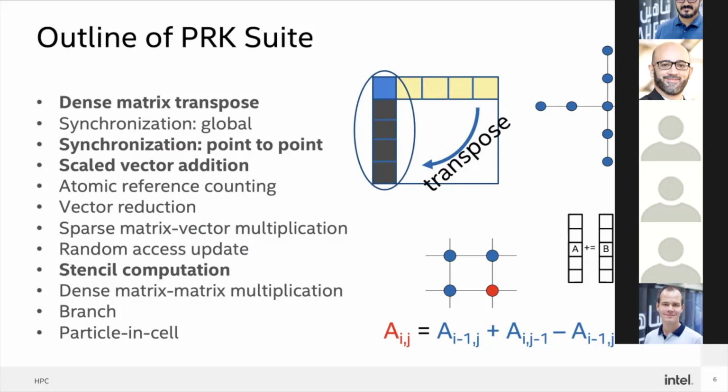The next one that's interesting to me is transpose. Matrix transpose is kind of what you get if you do a 3D FFT, or if you do a tensor contraction, or if you, in the limit of a bucket sort where your statistical distribution is homogeneous in some respect, you can end up with something like this. So it's good at generating an all-to-all pattern on the network, or of destroying your TLB or whatever.